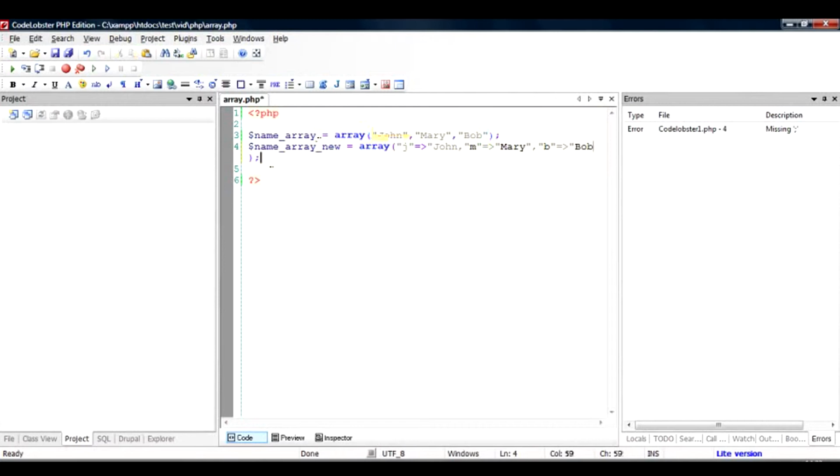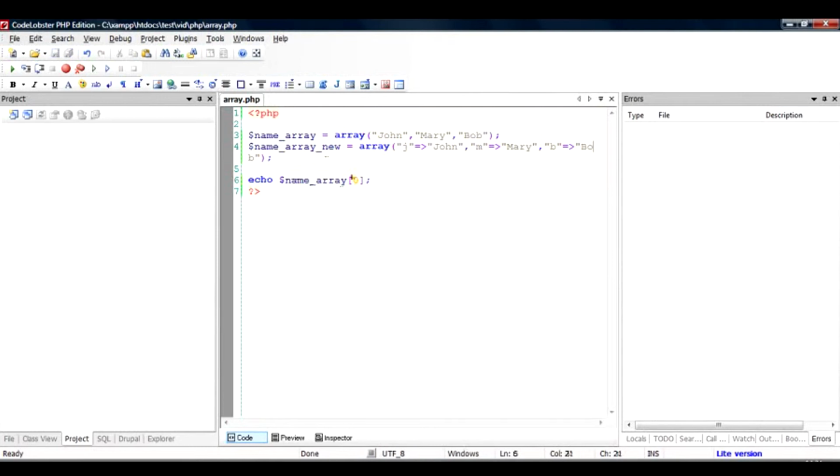I'll show you both of the cases: the first case where we have implicit assignment of the array keys 0, 1, 2, and then the explicit assignment J, M and B. To access the values in the first array, since we know that it is numbered 0, 1, 2, we'll use a simple echo statement, and we use $name_array, and here we choose the value 0.